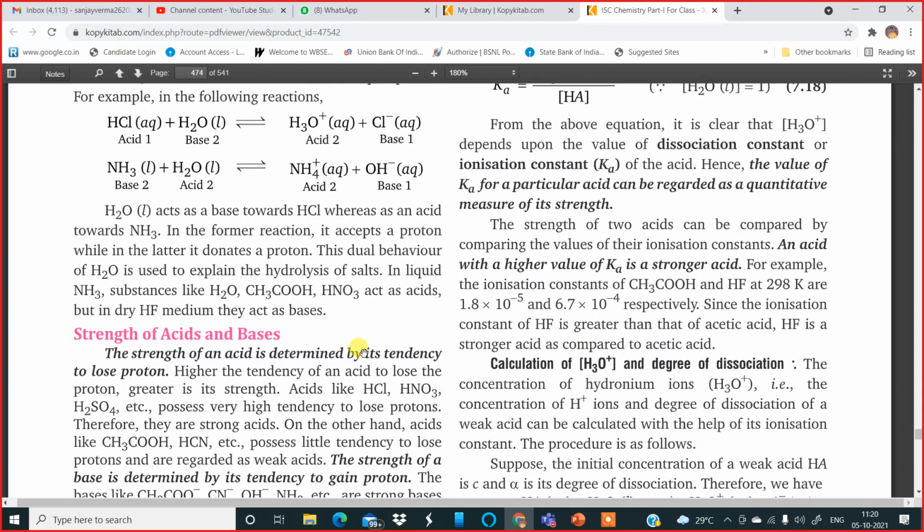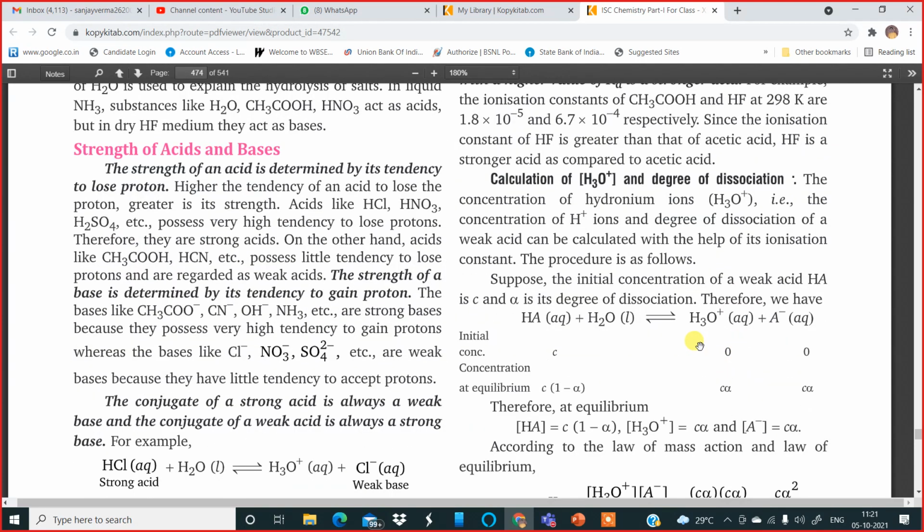So we can compare the dissociation constants of the acids given to find out whether the given acid is a strong acid or a weak acid. Now we'll be learning about calculations of hydronium ion concentration and degree of dissociation. This part I will do in the next class. But before that, please hang on because I need to record your attendance. I will do the numericals based on the calculations of concentration of hydronium ion and the degree of dissociation in the next class. Am I clear, all of you?